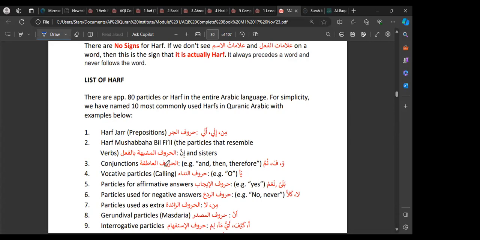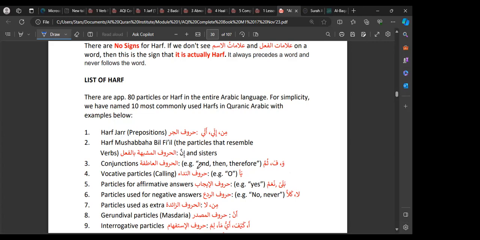Conjunctions in English carry on a sentence. So you have a complete sentence, and then to further the sentence you will use a conjunction. In Arabic it is huruf al-atf, and this is something that you've seen many times in the Quran. Wa, fa, and thumma, fattaqallah, etc. So all of these carry on the sentence.